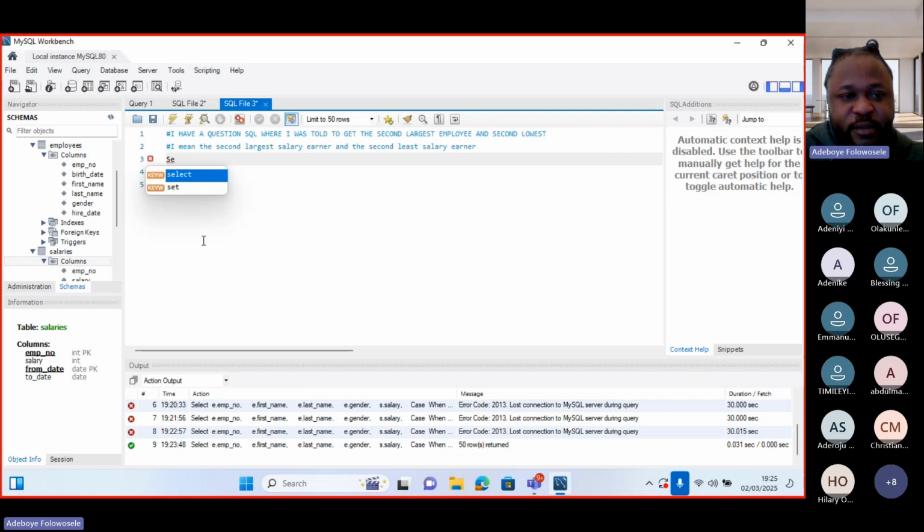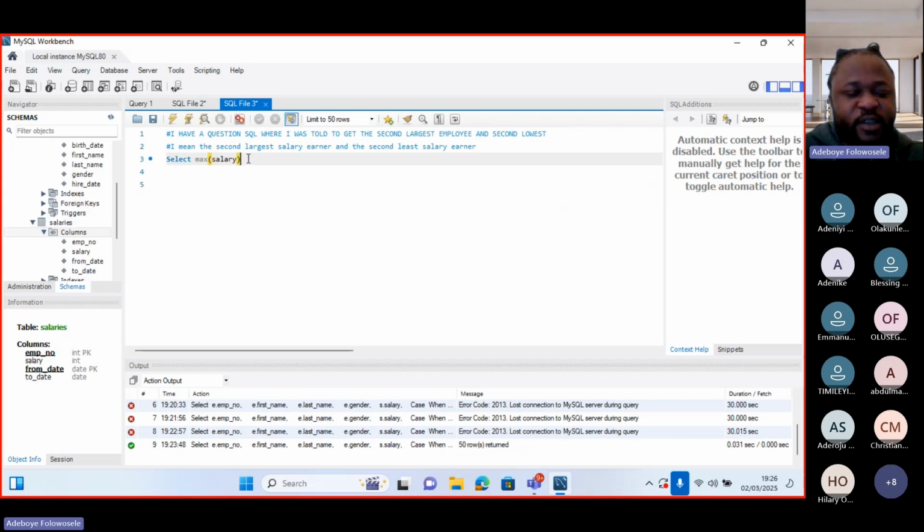So select maximum. That's where I taught you maximum. So select maximum salary. Select maximum salary as